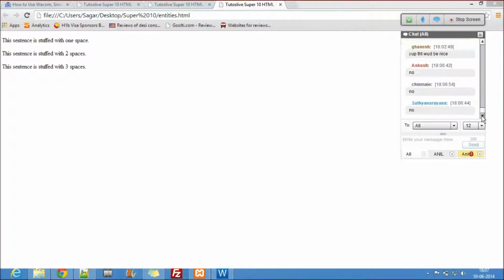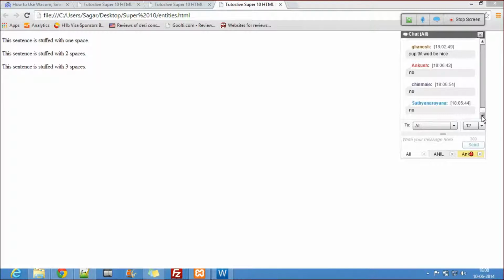The browser can read the HTML code with only one space. If there are two spaces, it just takes one space and neglects every other space which is there. So how do we achieve this? Now tomorrow there is a requirement that I need these spaces. I definitely need these spaces to showcase. How do I do it?